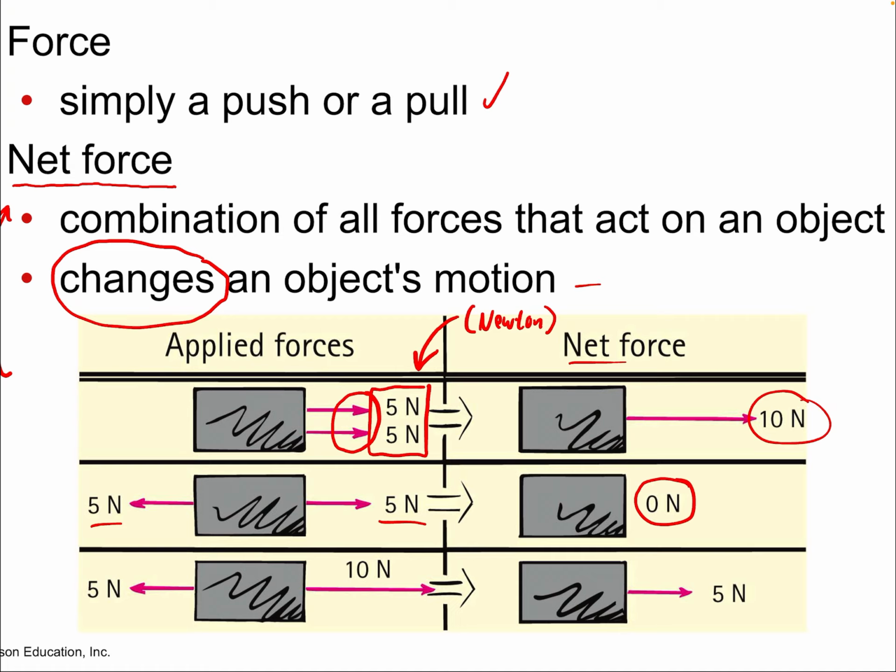Because in this case, the object is going to start accelerating in this direction, A for acceleration. But in the case where you've got forces, one to the left and one to the right, and they're equal in value, and the object thus is staying still, right? Well, then the acceleration is zero. We'll talk about that again, okay?